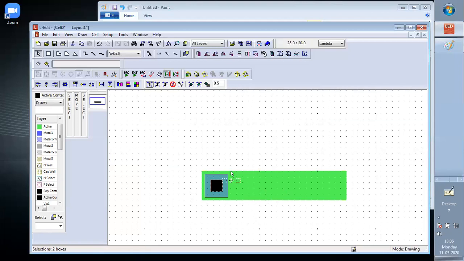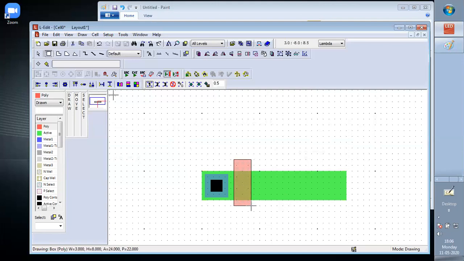Before this, we draw also the poly. Poly is over here. We select box always, and poly is 1 lambda away from this. So it is 0.5 here and 0.5 here. We do it like this.